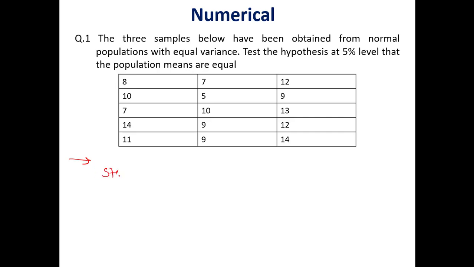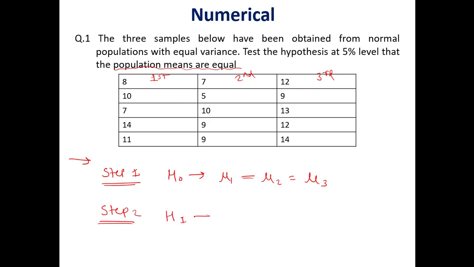Step 1, null hypothesis. So what will be our null hypothesis? We are going to accept that the population means are equal. These are the three groups: first group, second group, and third group. So we are accepting that the mean of first group is equal to mean of second group and equal to mean of third group. Step 2, in alternate hypothesis, we are going to say that mu1 is not equal to mu2 is not equal to mu3. Step 3,